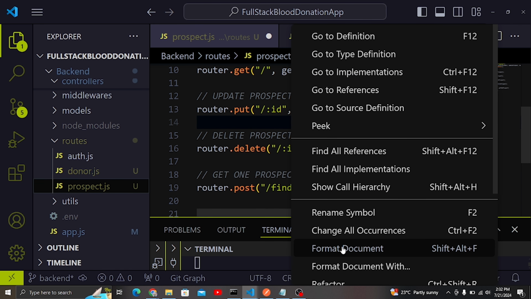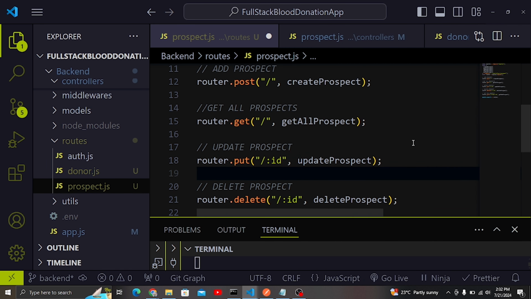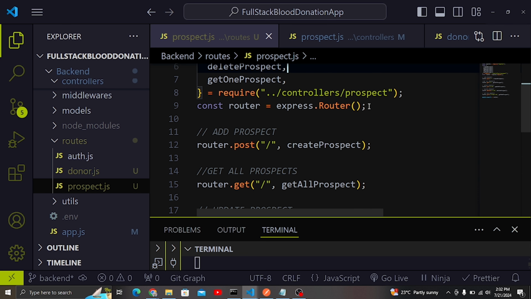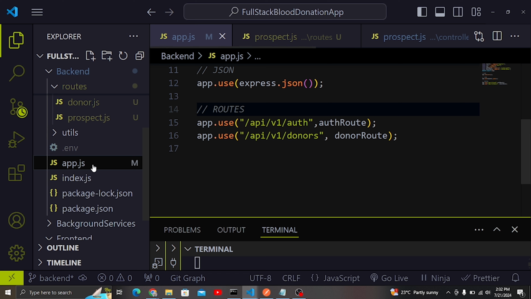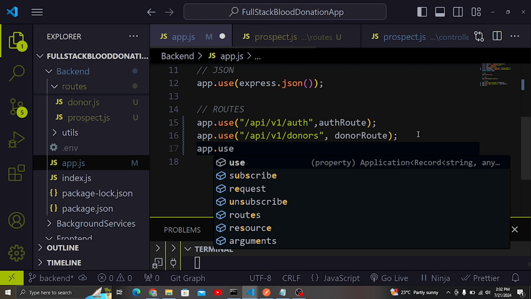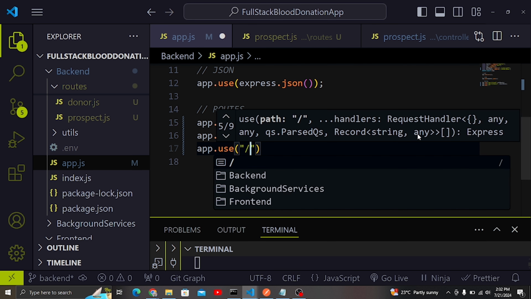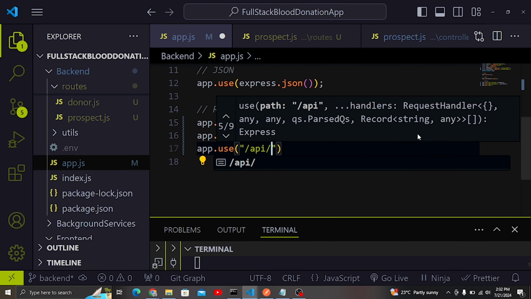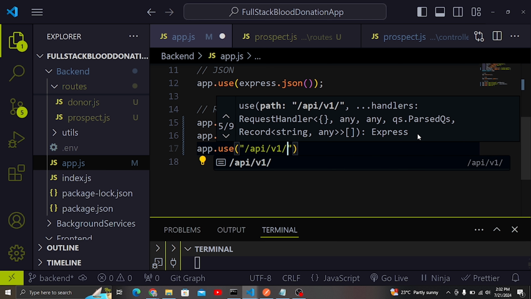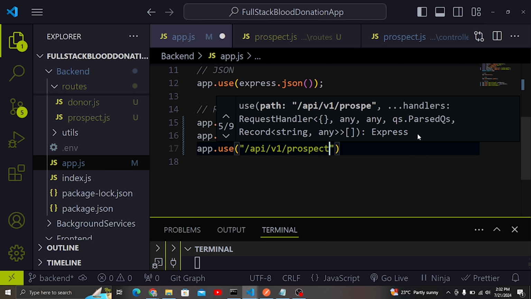So I think I need to format this, and we can have space right here. So I'm going to save this, and the last thing that we need to do is to register it in our app.js here. So I'm going to have app.use, and right here I am going to add my API, version 1, and then add this as prospects like that, and then here I'm going to